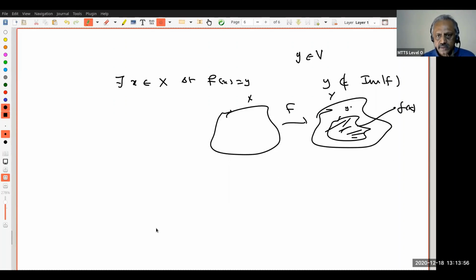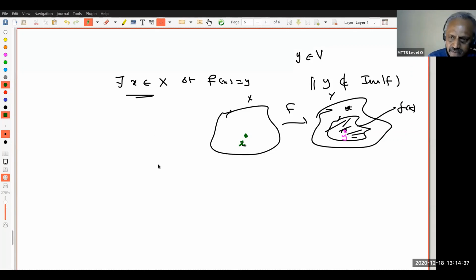Suppose this case we will not worry about for the timing. Let us concentrate on this case. Suppose there is an x such that f(x) equals y. So let us fix an x. My y is going to be here, and there exists at least one x. There may be more, need not be one. There may be x1, x2, xn, or infinitely many points which go to y. For example, if f is a constant function and y is the constant, then the entire X will be going to y. But at least there is one x.